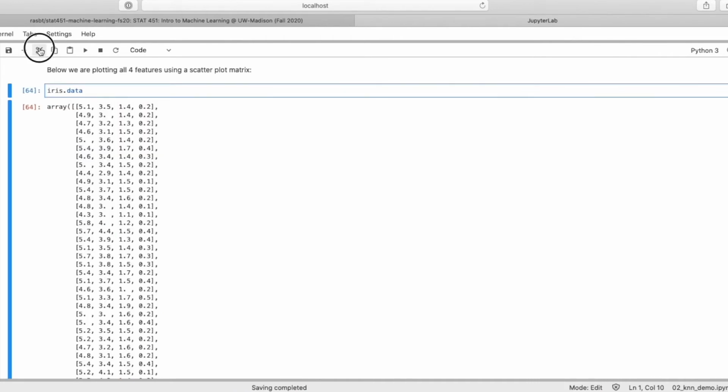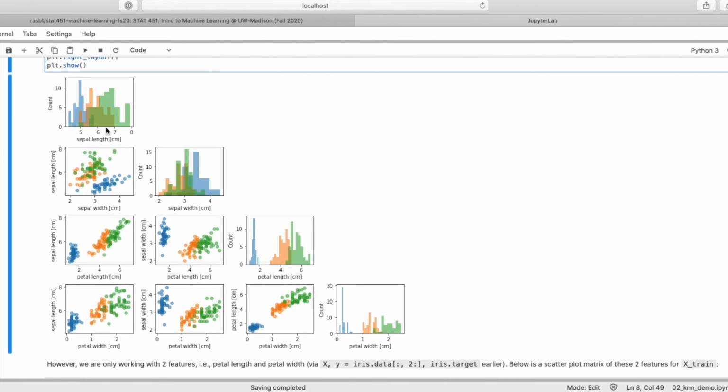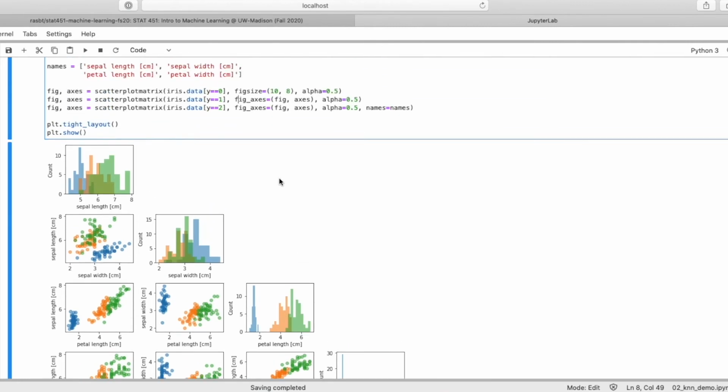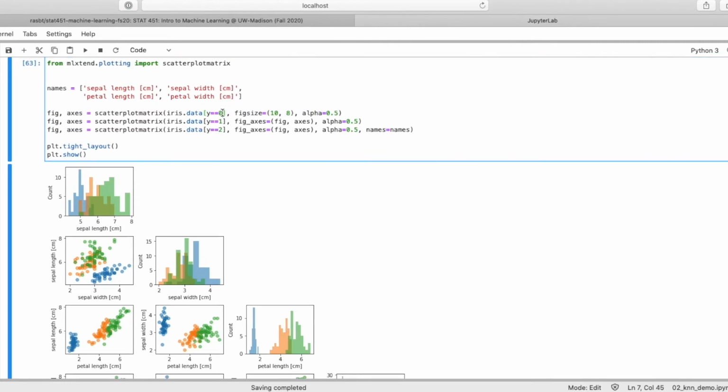Yep. Okay. And I find it usually helpful just to look at the histograms very quickly. For example, by looking at the histograms, I can see that sepal length and sepal width are not as useful as petal length and petal width for distinguishing between the different flower classes. So each flower class is one color here. What I'm doing here, and why I have 3 lines of code, is to make the color thing work. I'm first plotting only the examples from the first class, so class 0, and I'm doing that with this indexing here.